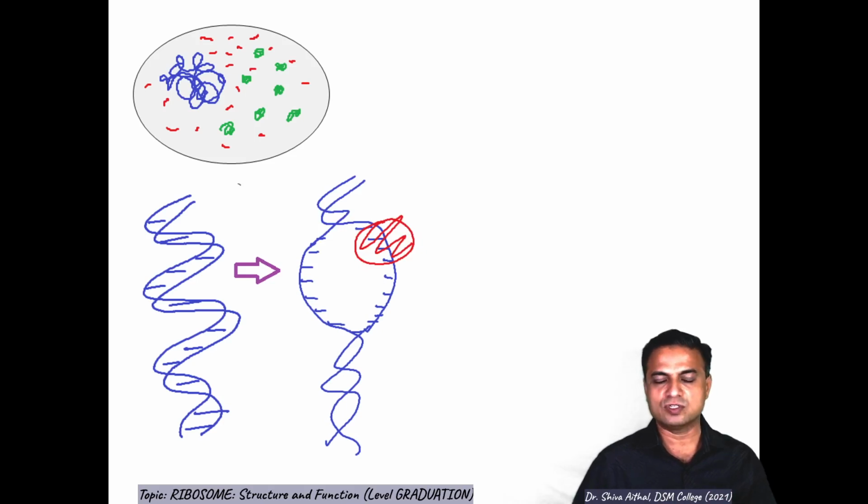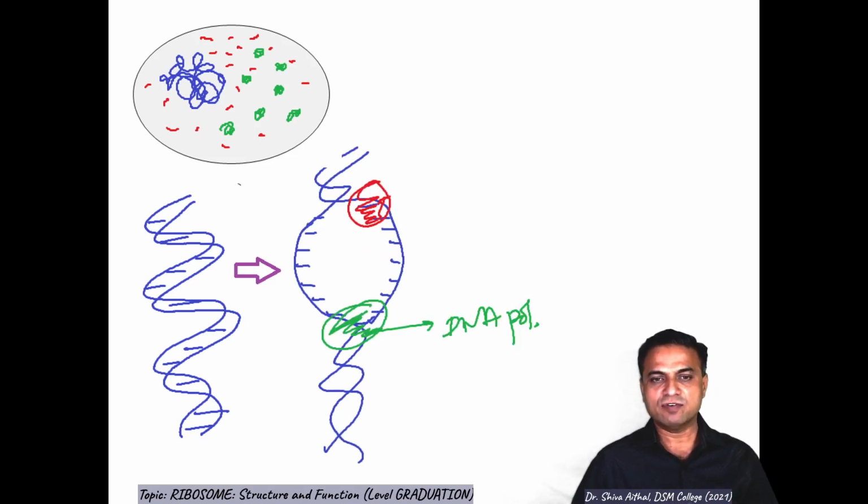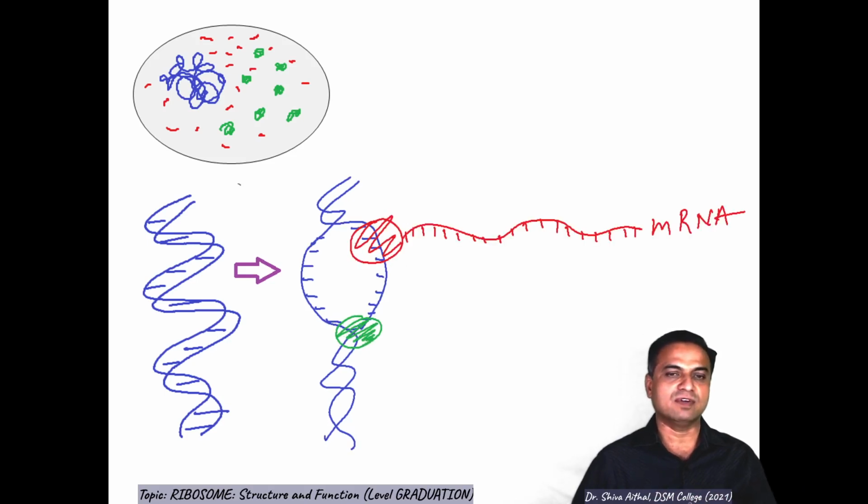We have seen these processes in our earlier lecture, but the difference between DNA polymerase and RNA polymerase is the attachment. RNA polymerase binds to single stranded DNA, whereas DNA polymerase binds to double stranded DNA. RNA polymerase copies only one strand of DNA, whereas DNA polymerase copies both strands of DNA. So we will be focusing here on the transcription and translation process, and today in my lecture the point of interest is ribosomes. Where do ribosomes actually come into play?